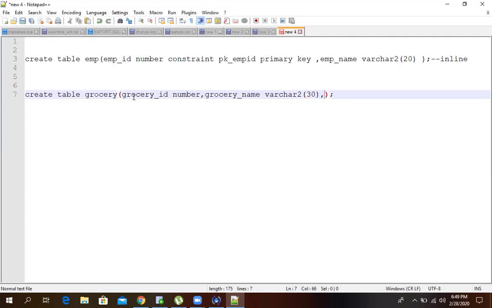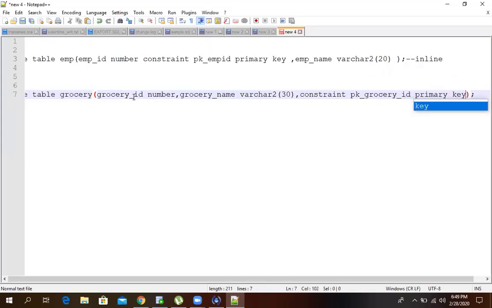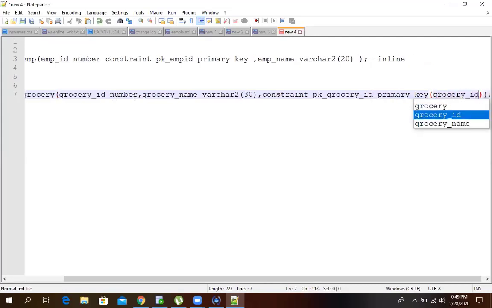Grocery ID, grocery name. Okay, what about this, Herman? It's going to be out of line because we declare the constraint at the end. Okay.